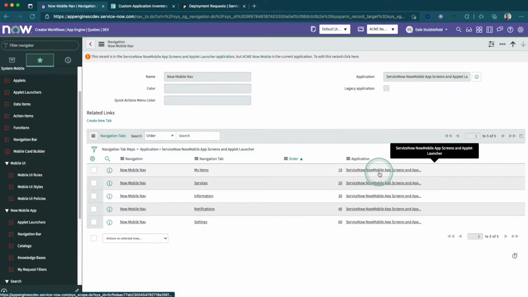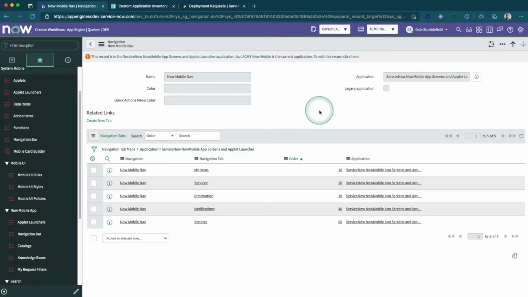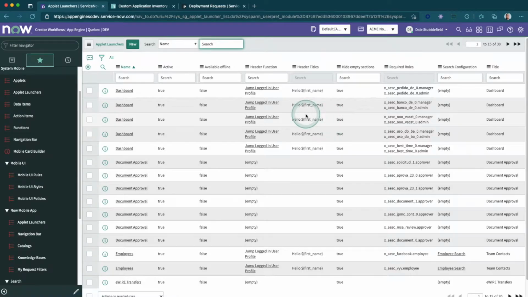Those are in a scope called ServiceNow, Now Mobile App Screens, and Applet Launcher. That scope is read only, so you're not going to be able to make changes to it. But there's still some things we can do to customize the out of the box in our own scope and kind of override these. So the first thing we want to do is create an applet launcher. So we're going to go to applet launchers. We're going to say new,